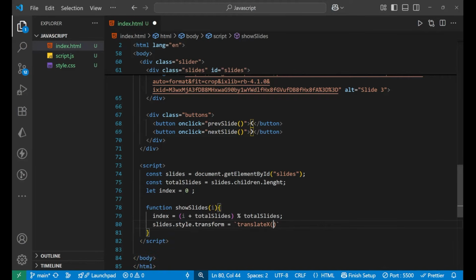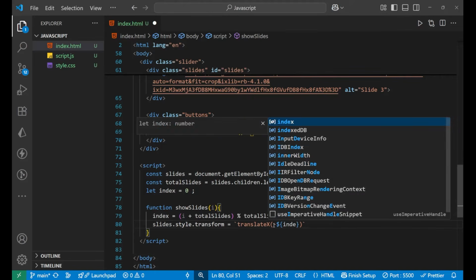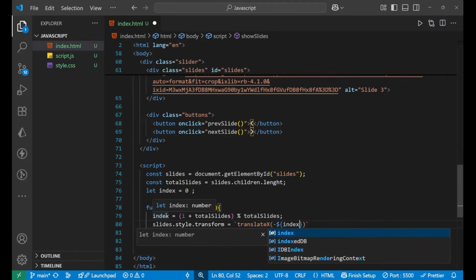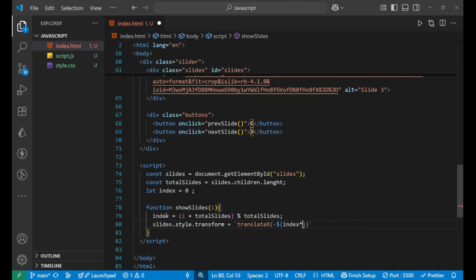So now we will put minus and then the dollar sign and curly bracket. Inside of this we will write index, whatever the index you got, into 100, after that percentage, like this. So with the help of index actually we are calculating, right?